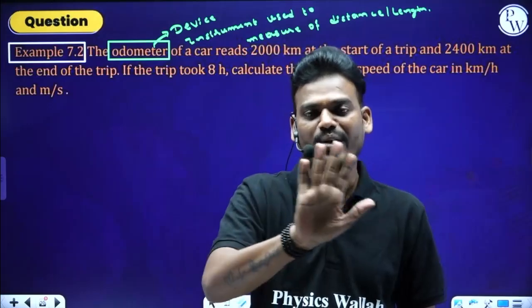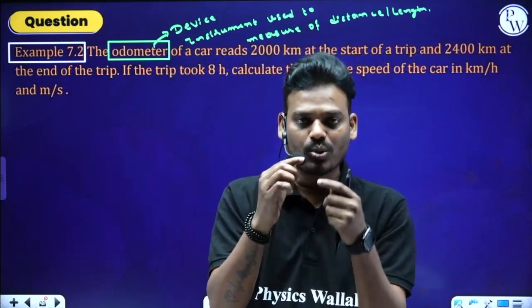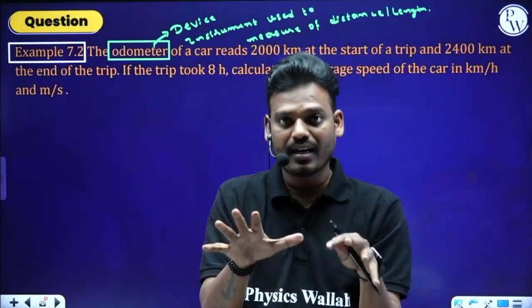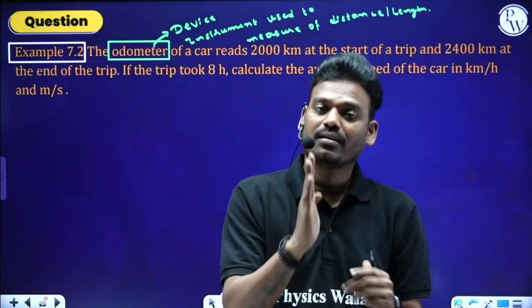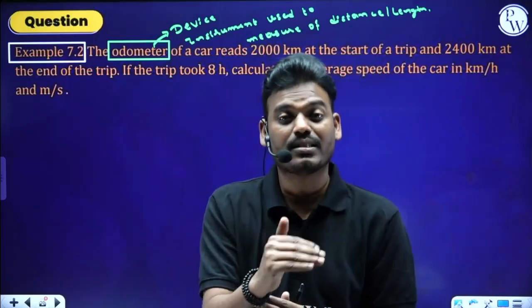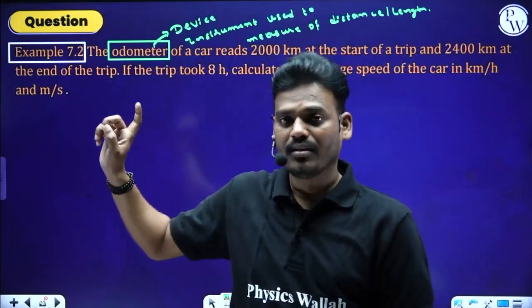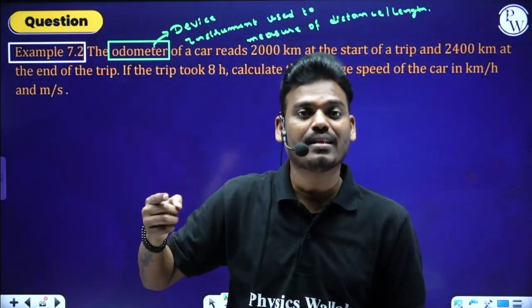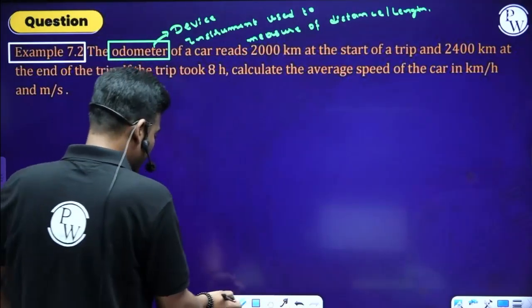When you see vehicles, you see how fast the body is moving, and also how much distance it has covered. That entire display we call an odometer. In that, the speed of the vehicle as well as the distance covered will be shown. So we will be considering only the odometer, the instrument used to measure the distance or length traveled by that body. Got it? Now, the question says,